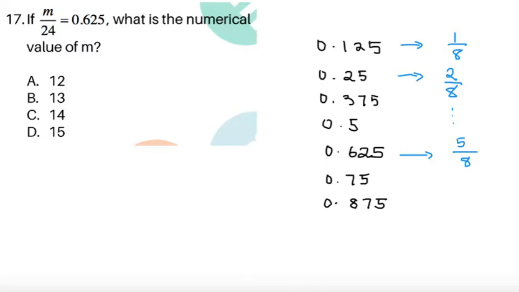Continuing for item 17, if m over 24 equals 0.625. So this value of 0.625 and other decimal representations are pretty common in these exams. Particularly, for example, 0.125, 0.25, 0.375. So like increments of 0.125, it's something to do with fractions with denominators of 8. Now in fact, 0.625 here is 5/8. So I guess it's a very nice thing if you guys memorize at least